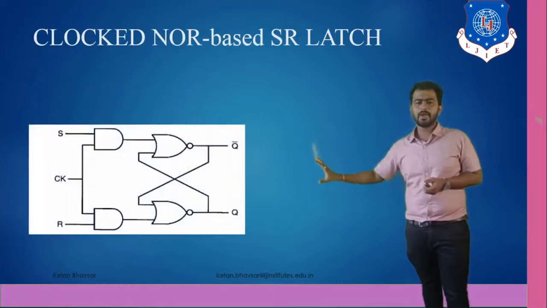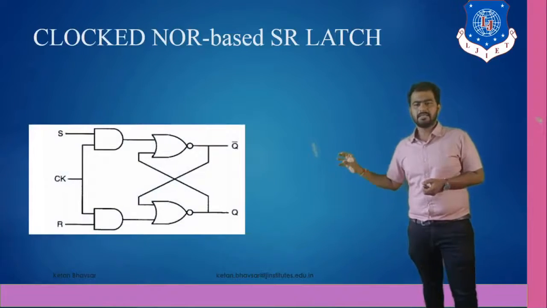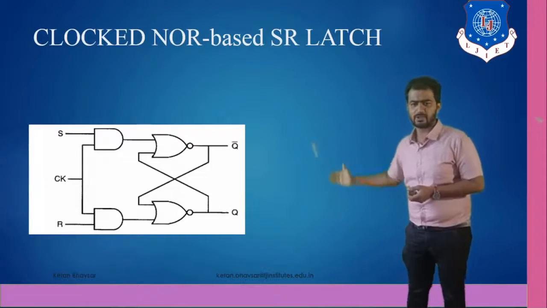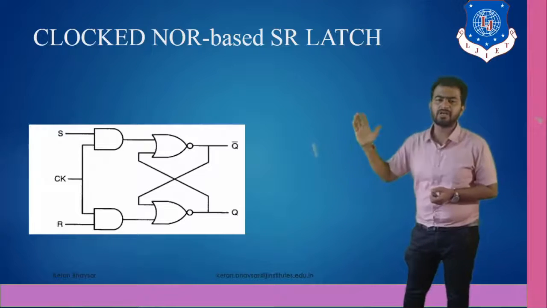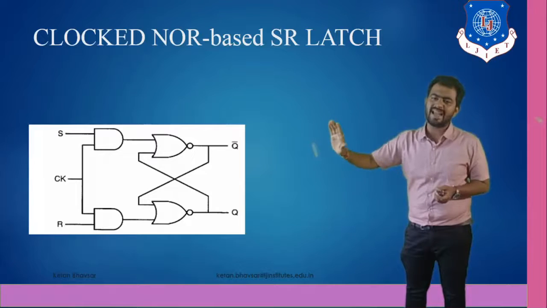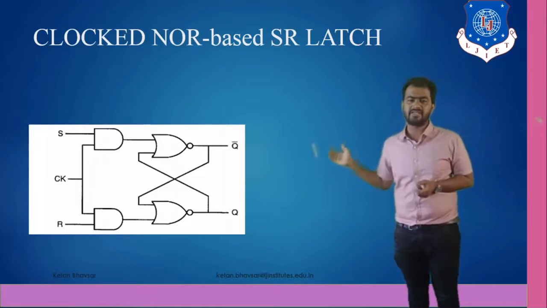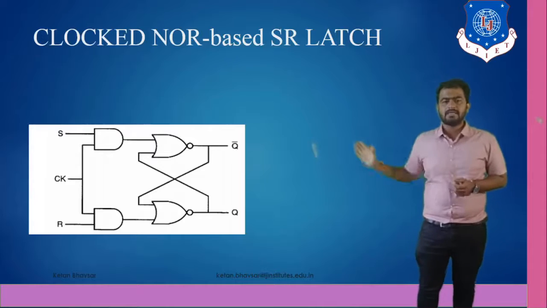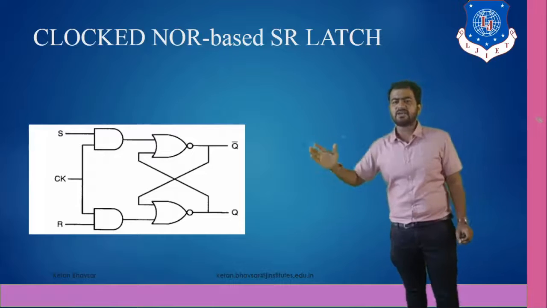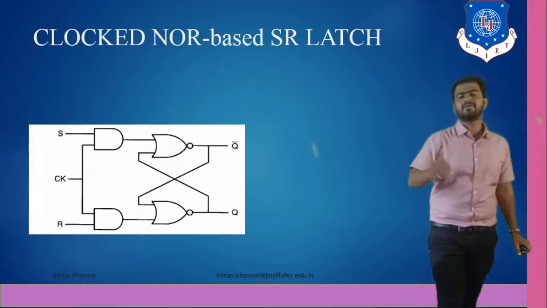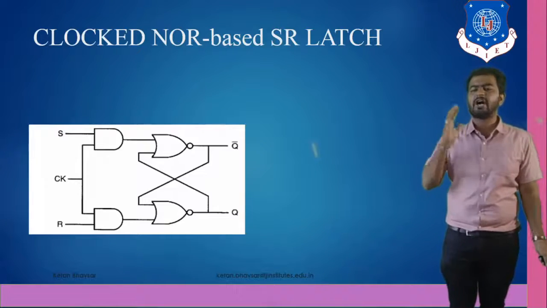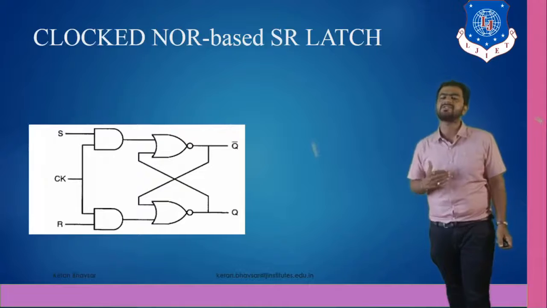This one is a diagram of the clock pulse based circuit using NOR gate SR latch. So as you can see, we are taking the usual circuit as an SR latch, but for adding the clock pulse, we have to add the two input AND gate with a clock pulse gate, as you can see. The remaining 50% circuit is the same as the SR latch using NOR gate, right? But for adding the clock, we have to add two input AND gates, and again we have to apply S and R, and we connect the clock pulse to the common terminal, and the output of the AND gate is fed to the next SR latch circuit.